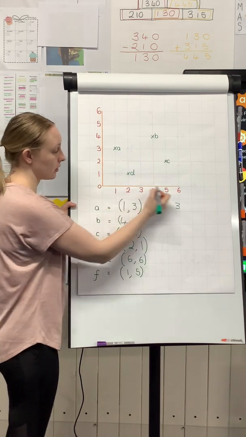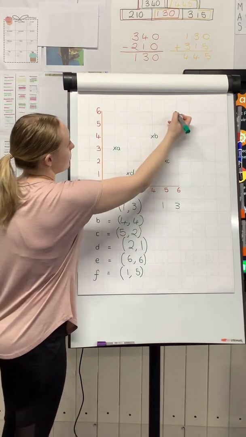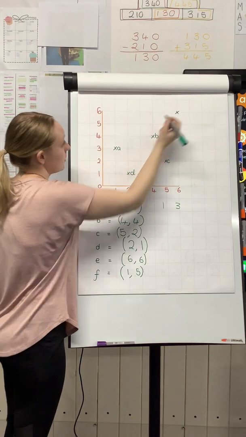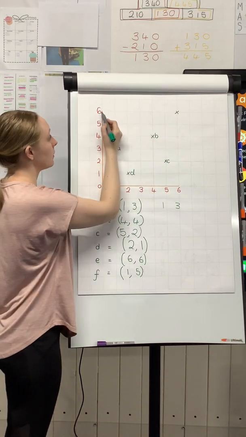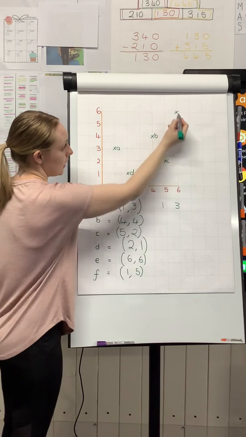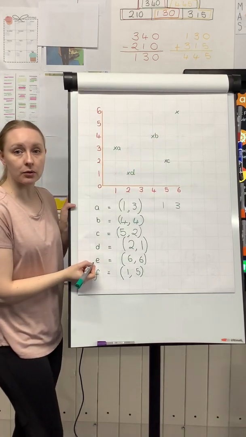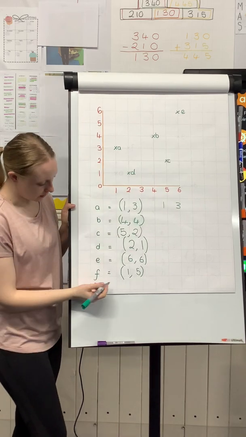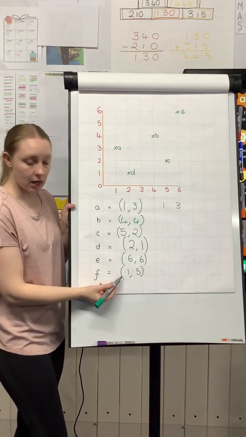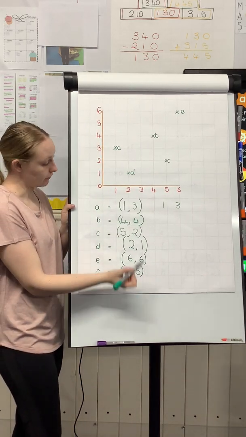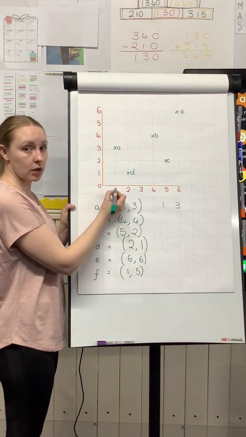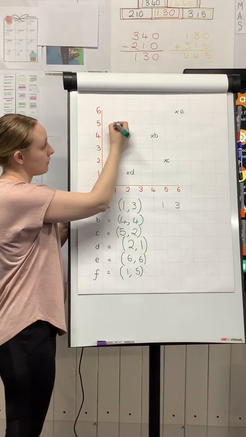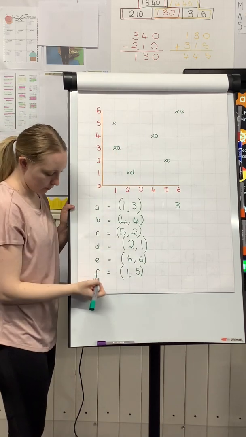E wants it to be at 6, 6. So we're going to go along to 6 and up to 6 and put a mark there. I'm just going to check. Yep, and yep, and that is going to be labelled E. And F, they want a mark at 1, 5. So go along the corridor to 1 and up to 5, put a mark, and I'm going to label it